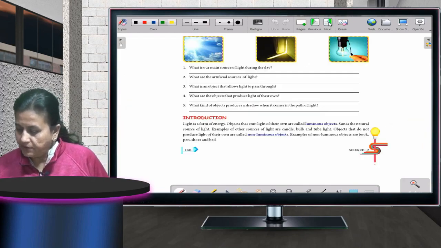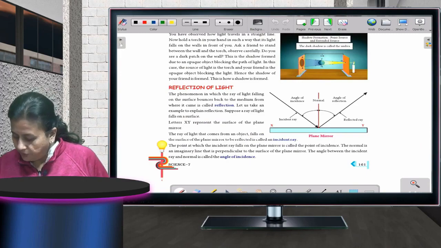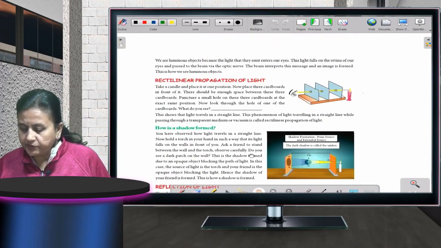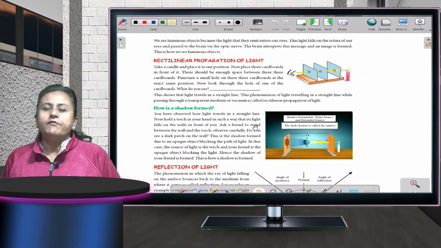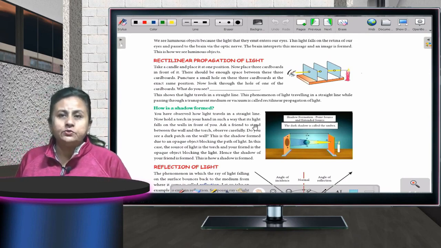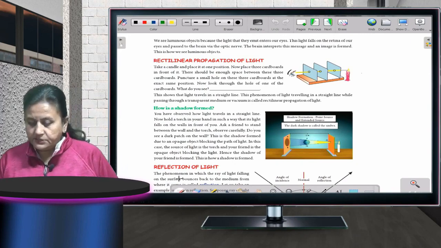We are moving to the next page now. Can you all see on your screens? Why is it that we are able to see under the light only? Why is it so? See,